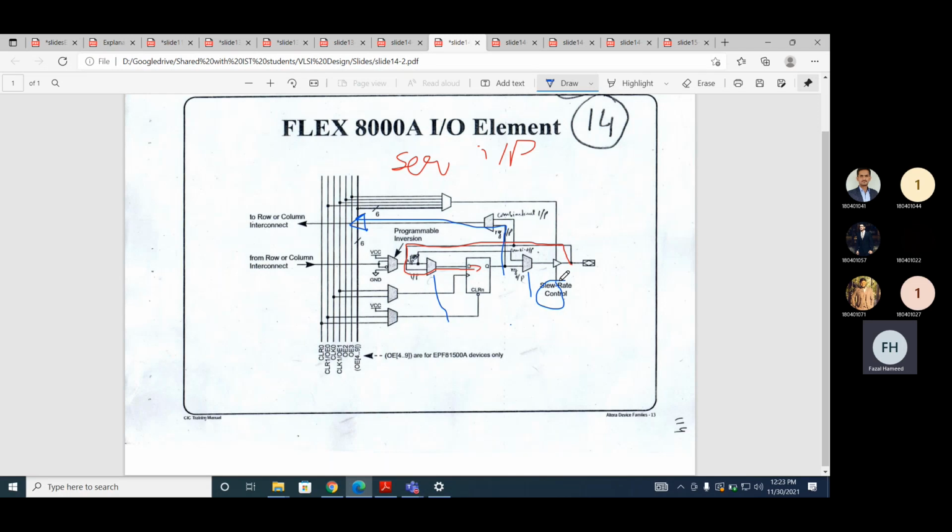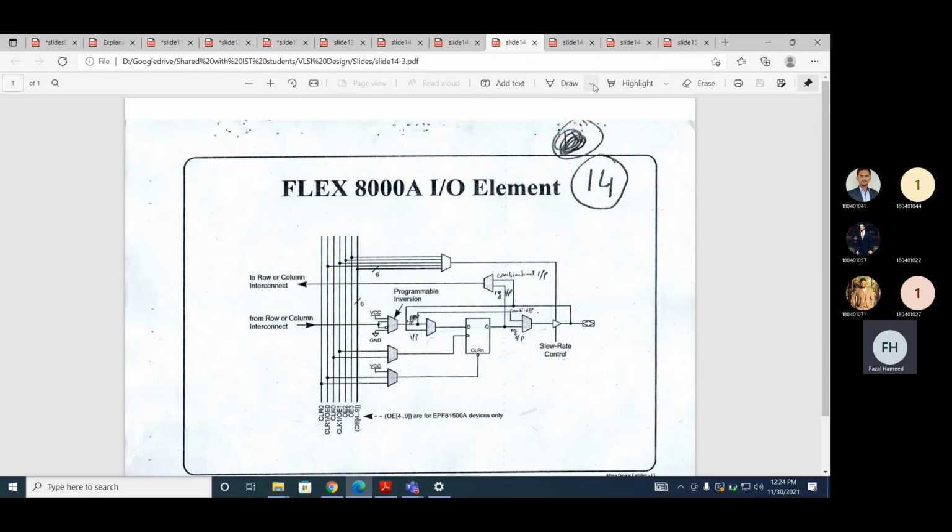For sequential input, you can go through the path and then implement this. Okay, now this is sequential input. The input is coming from here on the red. It will go to the flip flop, and this flip flop output it will connect. Okay, now the third case,